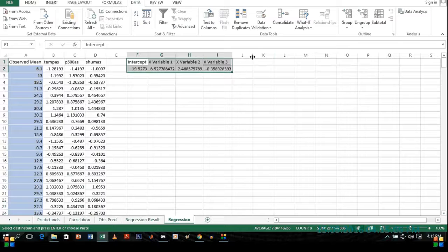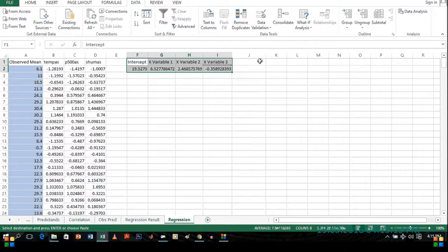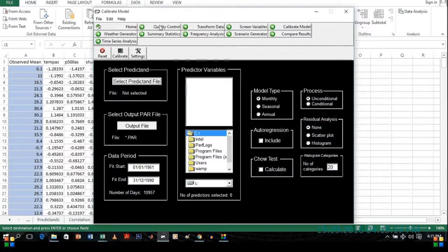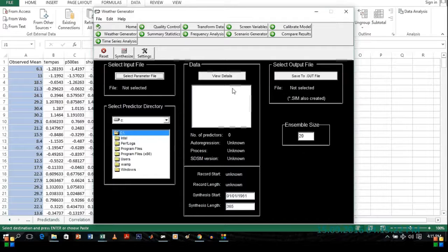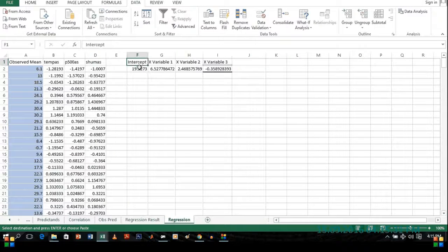Now, how do we generate the model data? In SDSM we used to generate this as the weather generator by using the pair files and selecting these and then saying the output file, which would give us the model data. But here we will do it easily by simply using these parameters that we have obtained from the regression result. So we'll go to this, write the modeled mean,